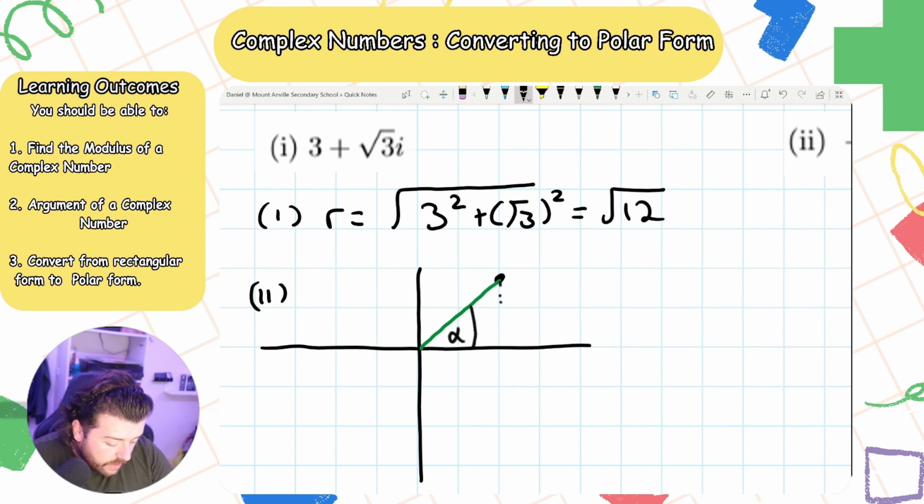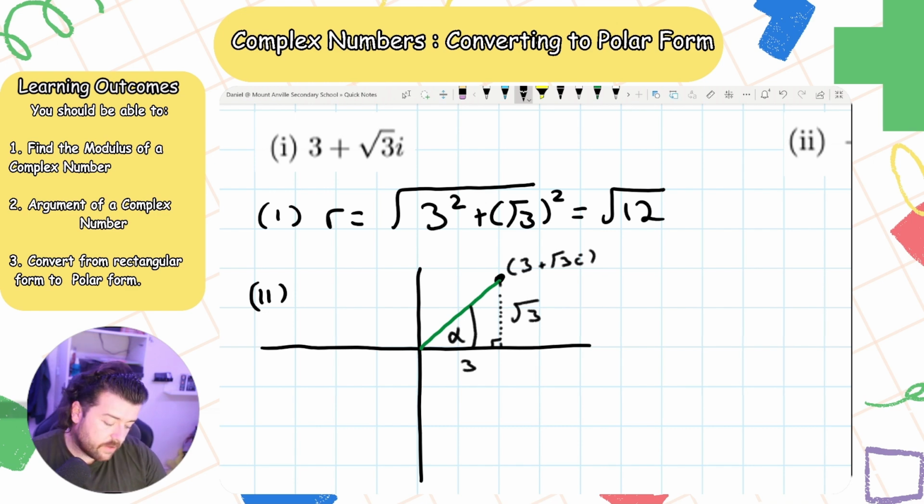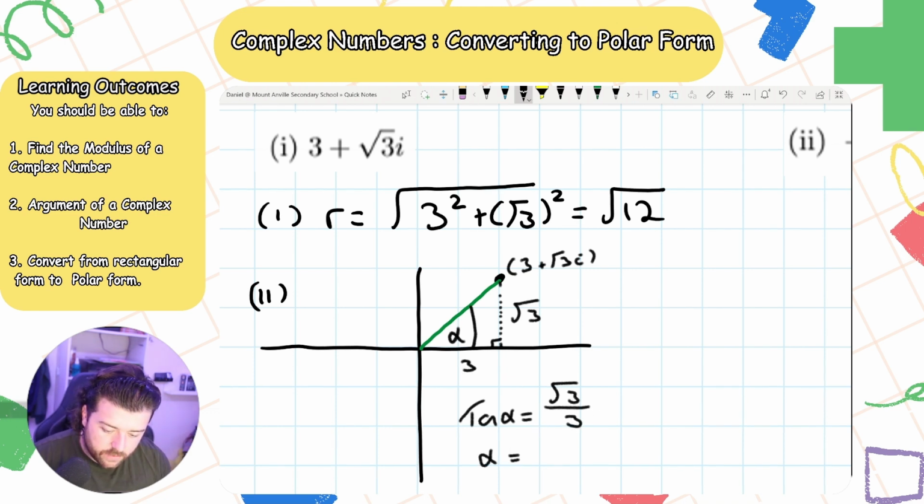What I do know is, if I bring a line down here, I make a right angle triangle. So my coordinate is 3 plus root 3i. Therefore, my height is root 3 and my base is 3, because the base will be my x coordinate, and the height will be my y coordinate. So tan theta is going to be equal to root 3 over 3. Theta is going to be equal to,